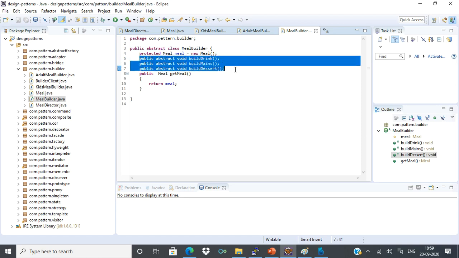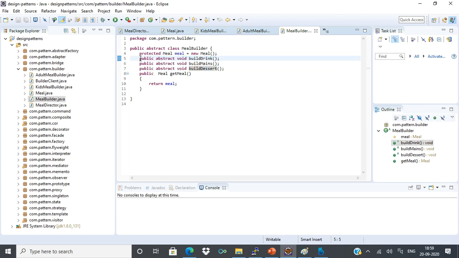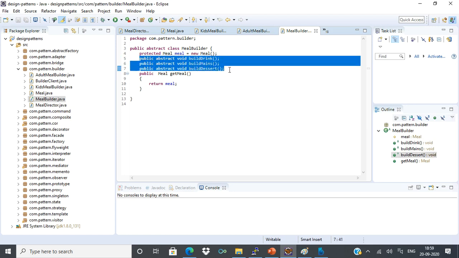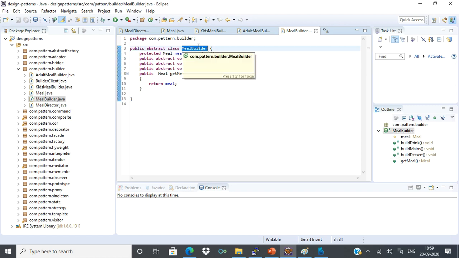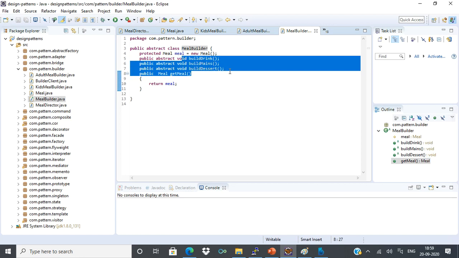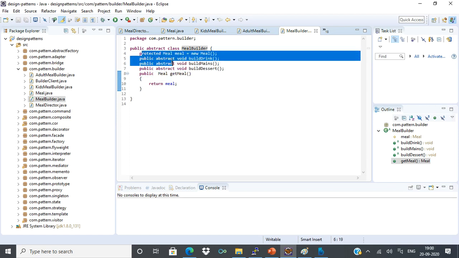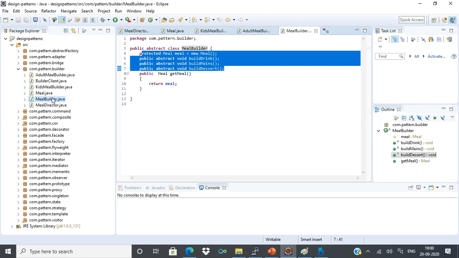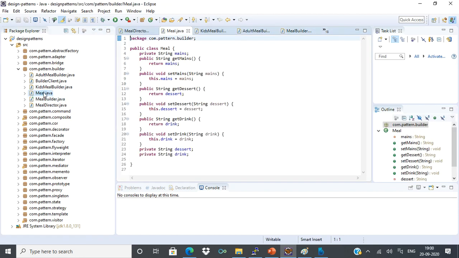That's how we are separating this. We are making these loosely coupled interfaces. That means I'll write some abstract methods in this, and anyone who wants to extend this can inherit these methods and implement them. How an object will be built, we'll see now. First I will be writing this, and then meal is just an object. It is a model. So I'm just creating a model.